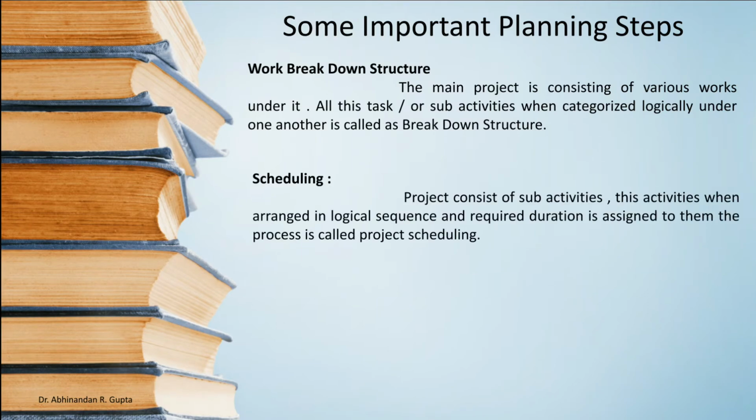Scheduling is the process of assigning durations to all the activities. Now the question is, where will we get the duration from? For certain types of project, the duration is assigned on the basis of experience of similar projects. But in uncertain types of project, the duration is written in terms of probability. It means there will be three durations: optimistic time, which will be very little, likely time, and pessimistic time, meaning the worst condition. So depending upon the type of your project, the duration is assigned to the activity. This process of assigning the duration and arranging the activities in logical sequence is called scheduling.